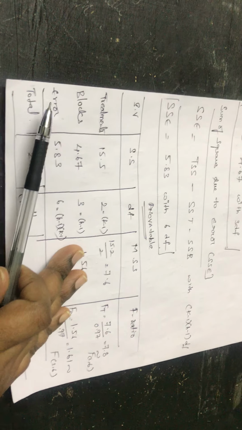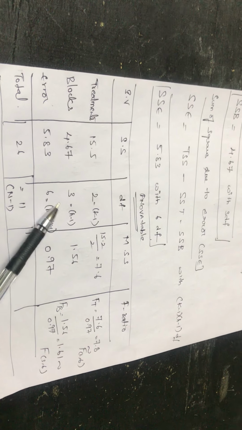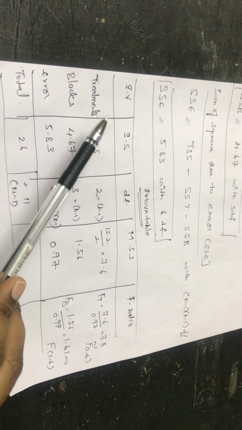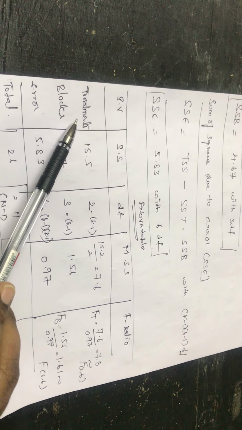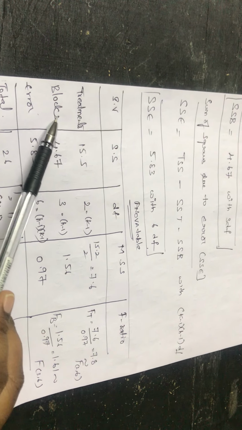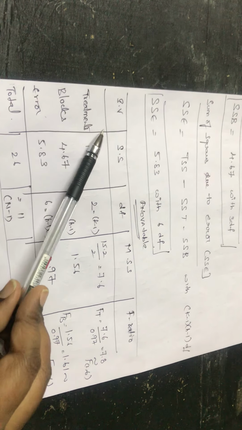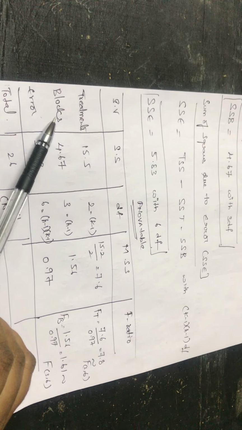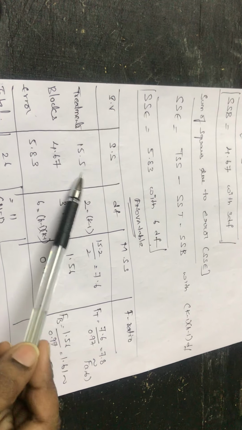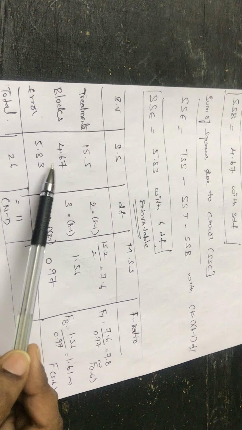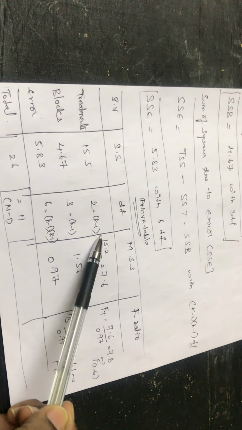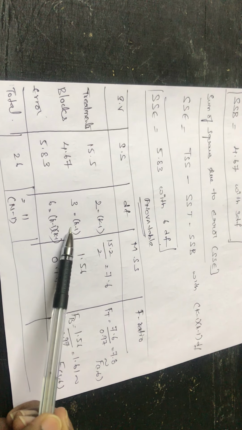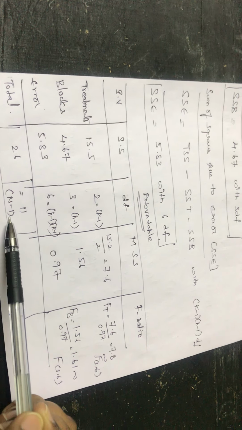So here again we have to plot ANOVA table like this. ANOVA table, instead in CRD we have only one treatment. Here it is RBD, randomized block design. So here we have treatments and blocks. In sources of variation we have treatment, blocks and error. Sum of squares, just now we have calculated total treatment sum of squares, sum of squares due to blocks, sum of squares due to error and total sum of squares. So this is degrees of freedom, k minus 1, h minus 1, h minus 1 into k minus 1. This is n minus 1.